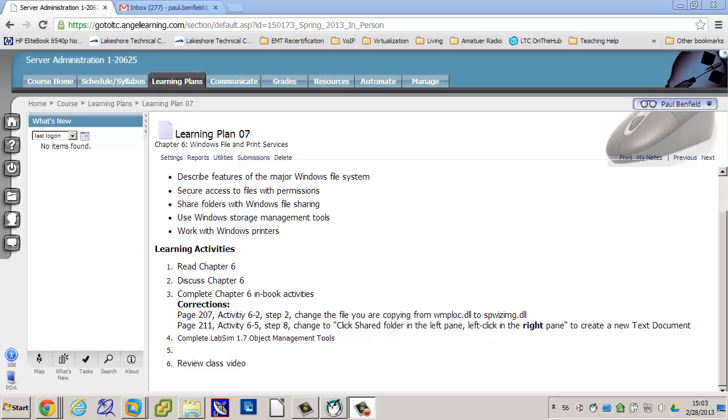The rest of the chapter is just a couple of other utilities to help manage your drives. The File Server Resource Manager, Distributed File Systems, using share and storage management, I guess, are the activities. The last two activities of the chapter deal with printing: installing and sharing a printer, and then accessing that, connecting to a shared printer.